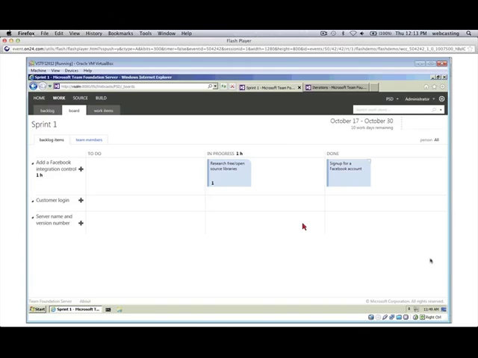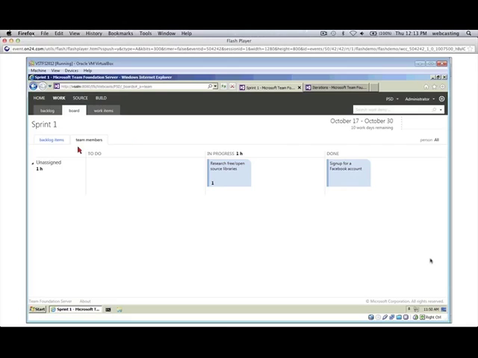You can also look at the board by team member. It's not a very interesting setup right now, but if you have all your different development team down the left-hand side here, you can see sort of who's working on what and who has what items in progress and who's completed what items. And you can also turn on this little filter over. It's not really a filter. It just lights up a specific person, and you can see their tasks stand out. Their cards are a little bit brighter. So this is nice. You can visualize the work in progress for a given PBI or all the PBIs.